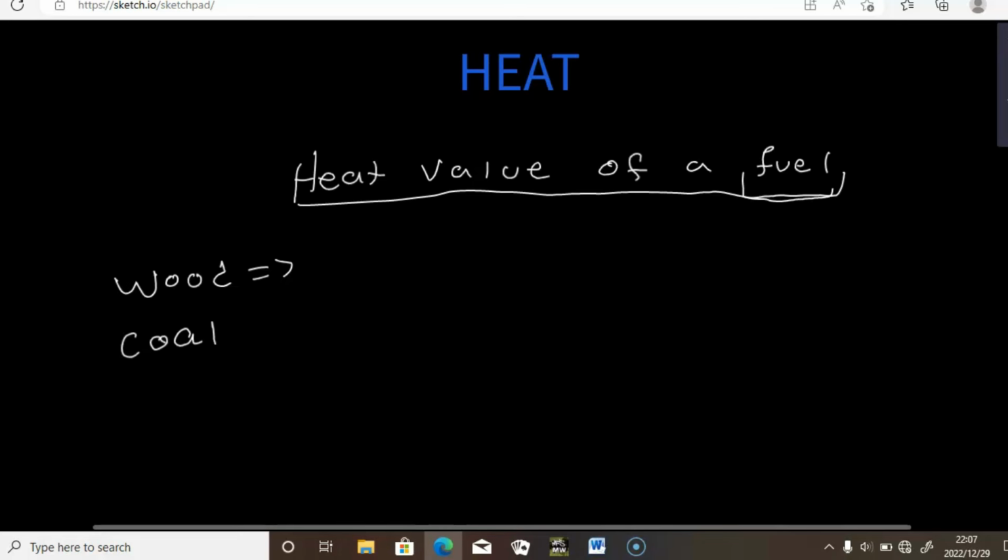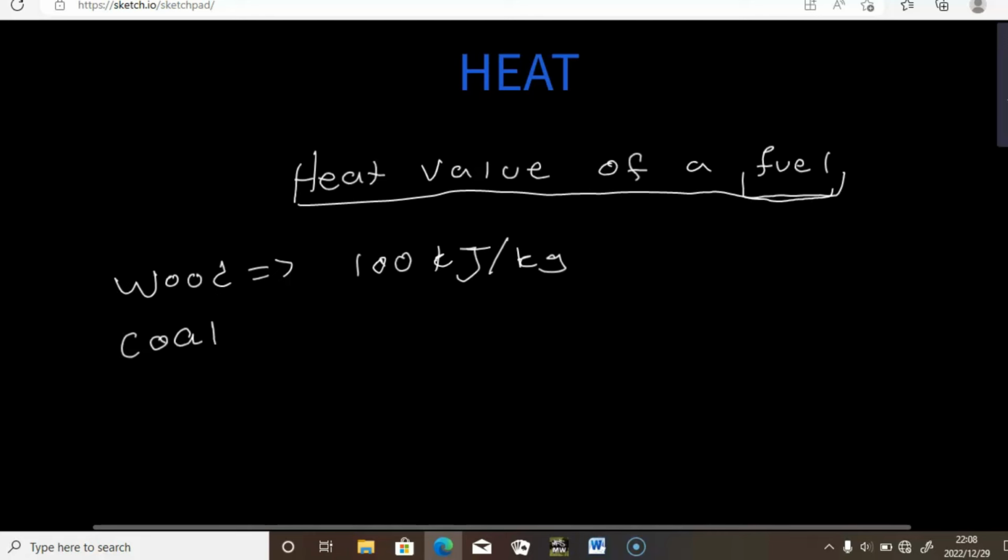Heat value is sort of like specific heat capacity, but now the heat is given off because we are dealing with fuel. And the heat value will be the amount of heat energy that a fuel produces when 1 kg of that fuel is completely burned. So if we are having wood and we say that wood, let's say, produces 100 kilojoules of energy when we are burning 1 kg of it,